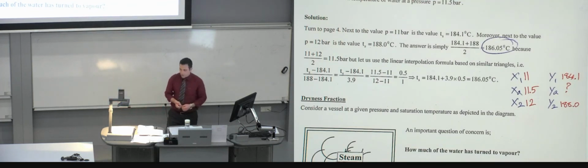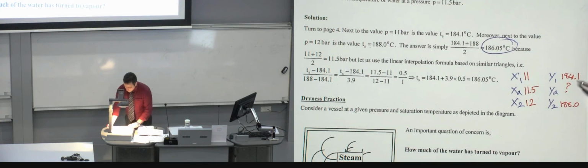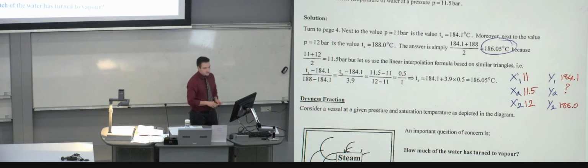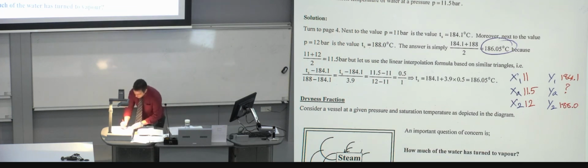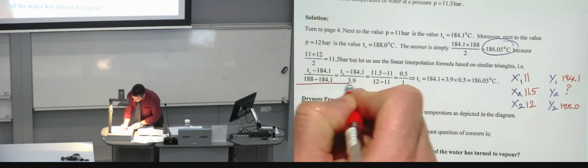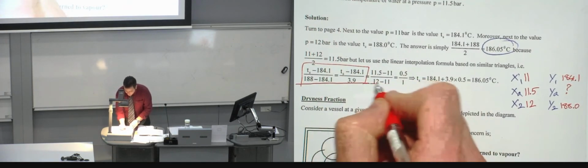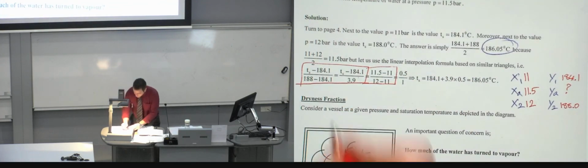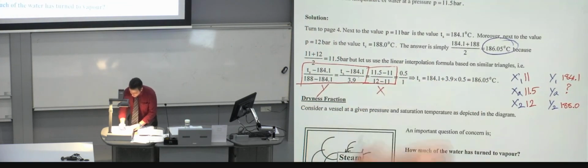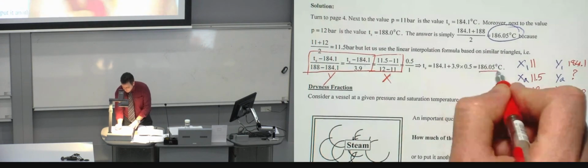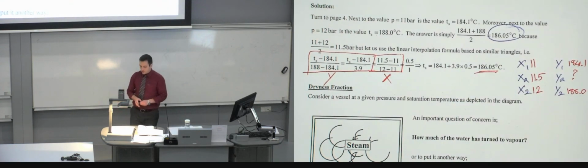As I said, this is really simple because it's just the value between the two using linear interpolation. But in reality, this could be a lot more complicated, and if that's the case, that formula, with this on the left-hand side and this on the right-hand side, would tell you exactly what you need. So this is the y side, and this is the x side. And you will end up with the value of temperature which you need to find, in this case, between the two. So that is how you would do